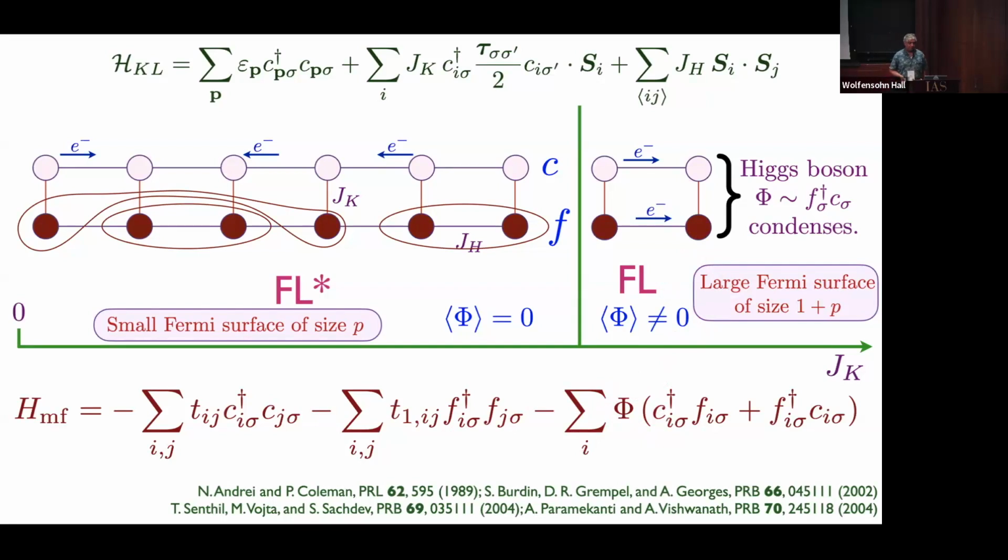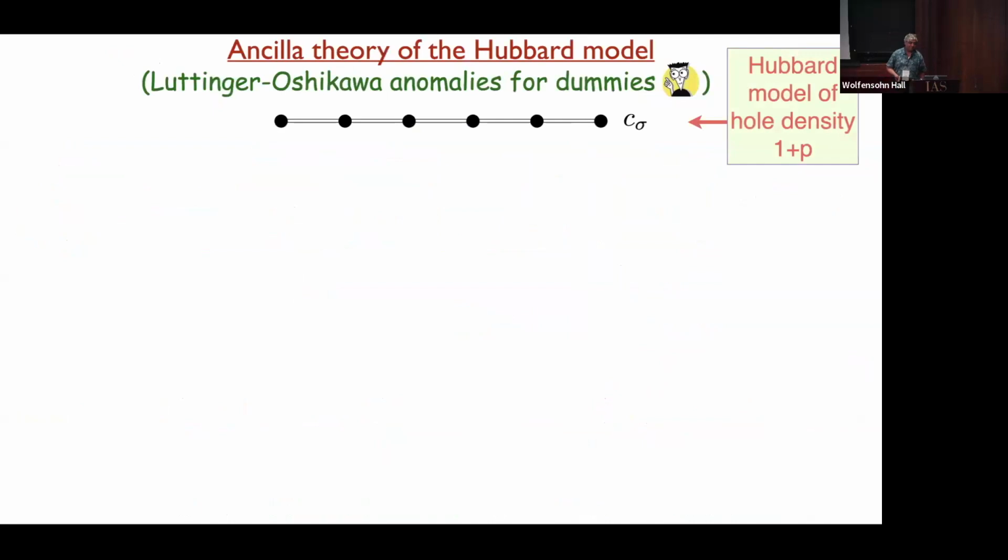All right, so now the thing I want to do now, which I started at the end of my last lecture, is can this happen in a single band model, like the Hubbard model? Now for the Kondo lattice, as you can see, it was really very simple, because the way you violate the Luttinger theorem is by localizing some of the fermions into a spin liquid. Now, for the Kondo lattice, it's very clear. You just take the F electrons and put them in a spin liquid, and that's what's going to happen.